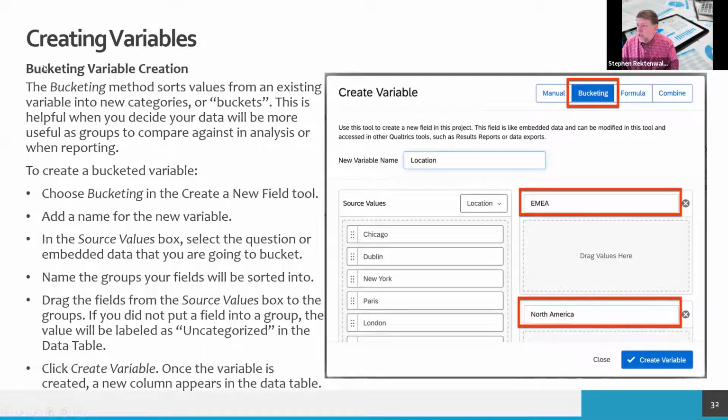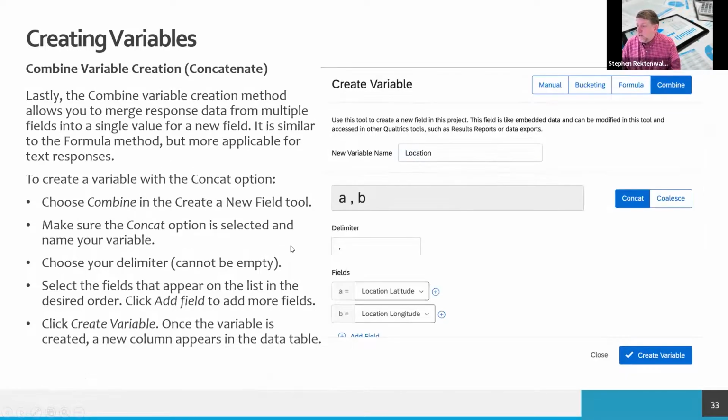I can also bucket within that creation. For example, if I was collecting where they were specifically from, which city, I can now say, create a new field and put anybody that replies as Chicago, that's really North America. You can put anybody and so on down. I could create that value so that those values will go into more generic locations. So they give me a specific location, I give it more information. This tells where they're